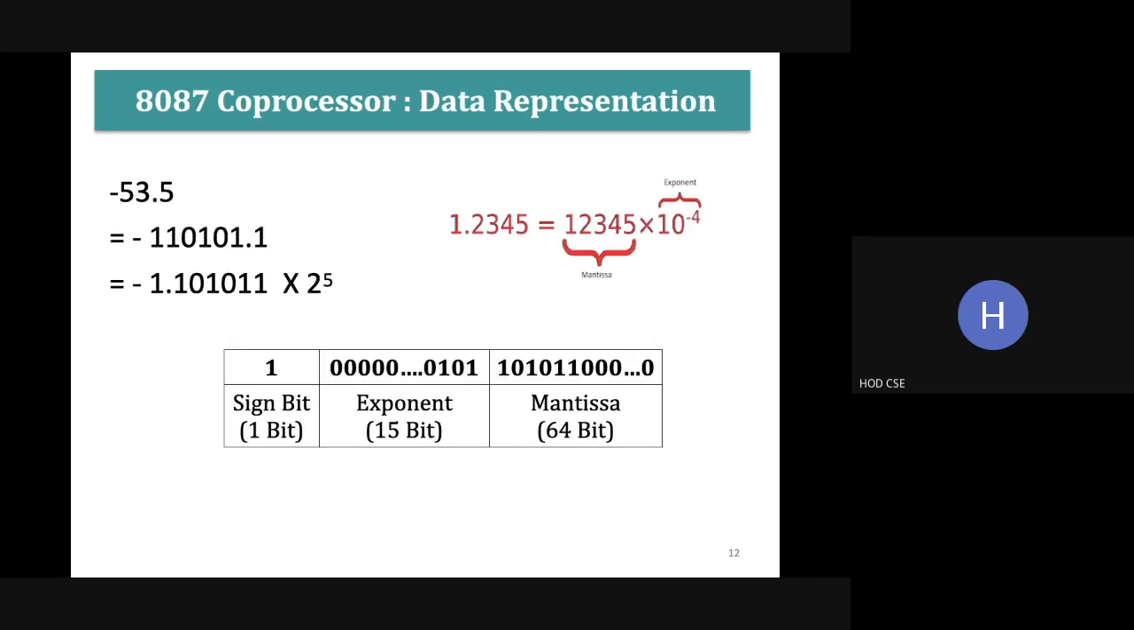Before going into the instructions, let's see how the data are represented. As I said earlier, floating point operations are performed here, so we have the mantissa part and the exponent part. Let us take an example: the data minus 53.5. It is a negative number, so converting that to binary, we get minus